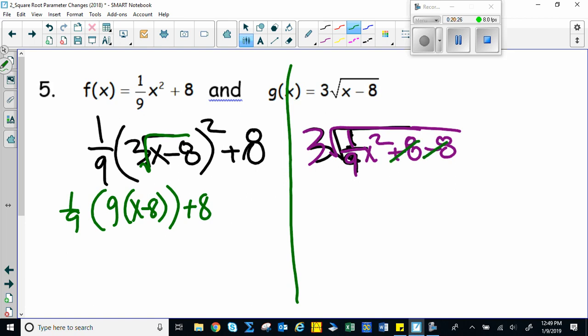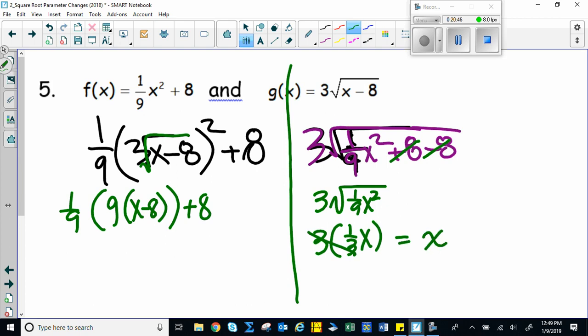On the right-hand side, I'd get to cross off those 8s, and then I have 1/9 x squared. Do you know what the square root of 1/9 is? It's 1/3. And the square root of x squared is x. These guys cancel, and this does equal x. All right, so chances are my left-hand side is supposed to equal x also. So if I look in here, if I multiply this by 9, I get 1. Well, and that's it. So these guys cancel, and I've got x minus 8 plus 8. So I get equal